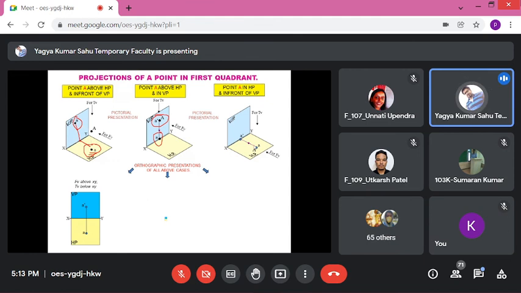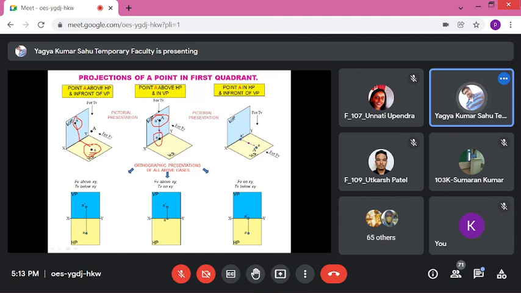So if you draw, you'll get it like this. A dash is at a definite distance in the first question, because we have a definite distance of point A from the vertical plane and the horizontal plane. In the second one, the point is lying on VP. That's why we are getting the front view at a suitable distance from the XY line, while A is on the XY line, because there is no distance from the vertical plane. Are you getting this one?